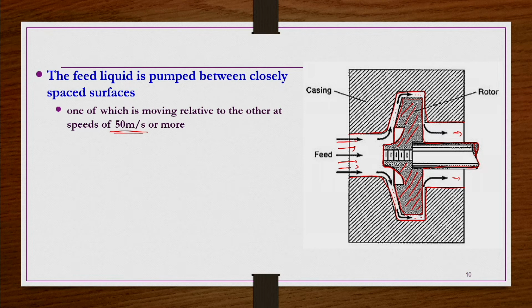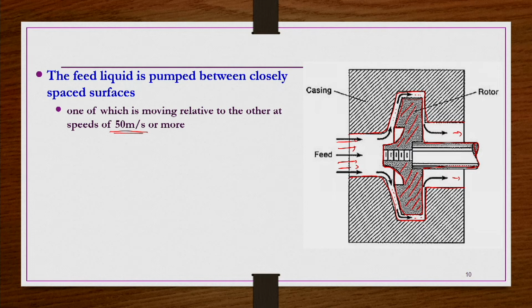So, you need a very high speed in this case, and because these surfaces are almost touching each other, the gap is very narrow. Heat generation will also take place because of viscous dissipation, and that heat has to be removed by applying coolant. Otherwise, the product properties may be affected, because these products, purees, syrups, ointments, etc., are heat sensitive products.